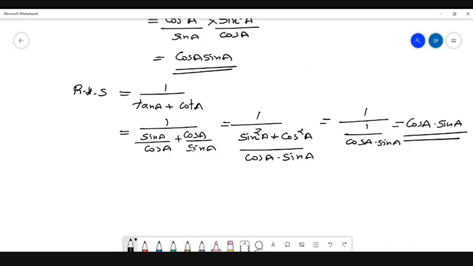So we have got the left hand side as cos A sin A. The right hand side is also simplified to cos A sin A. So that is, left hand side equal to right hand side of the equation. So it is proved. So this way also you can prove in certain cases where you cannot directly prove left hand side equal to right hand side. You can do left hand side and right hand side separately, and say that they are equal. Okay.